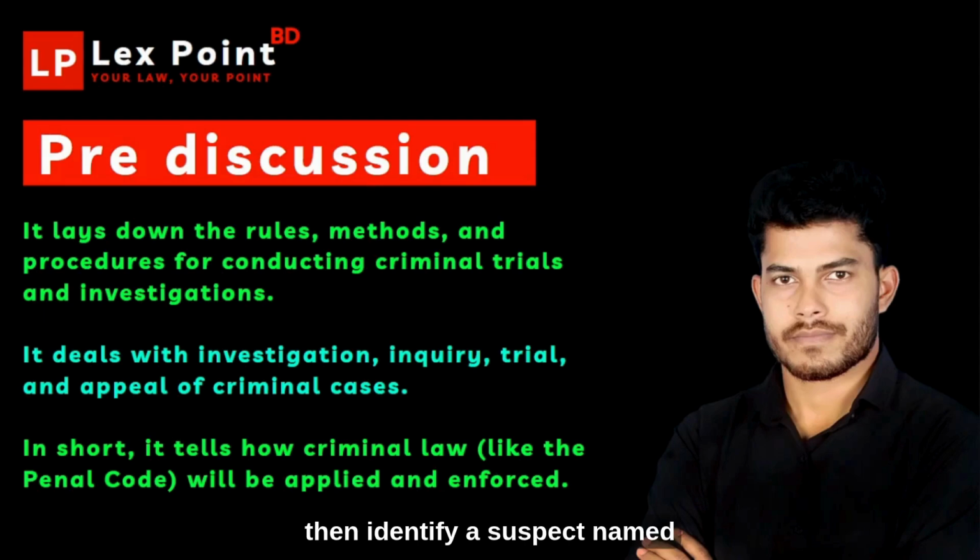Police then identify a suspect named Karim and arrest him. Here, CrPC also outlines how an arrest must be made, when a warrant is needed, and the rights of the accused,